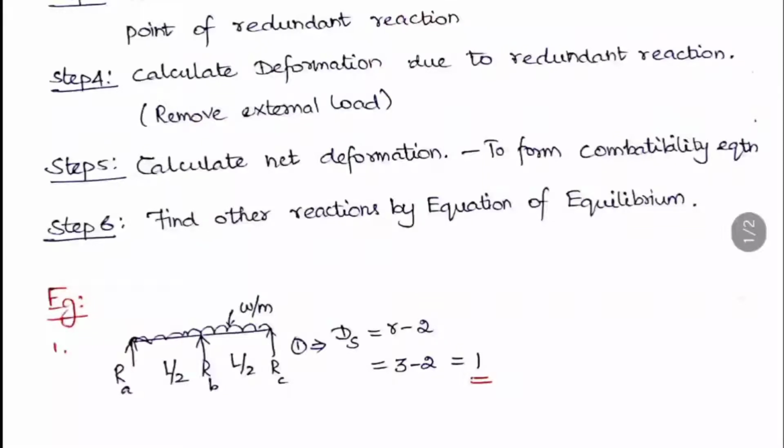Here I have taken a simply supported beam with a propped reaction at the middle. Let it be A, B, C, okay, and the length is L, and the UDL that is running over the span is W per meter. So here the first step is what? We have to find the degree of static indeterminacy. It is R minus 2, because it is a beam, we won't consider the horizontal reactions and horizontal equations. So R minus 2, this will give you 3 minus 2, which is equal to 1. So we just need one extra compatibility equation to find the reactions here.